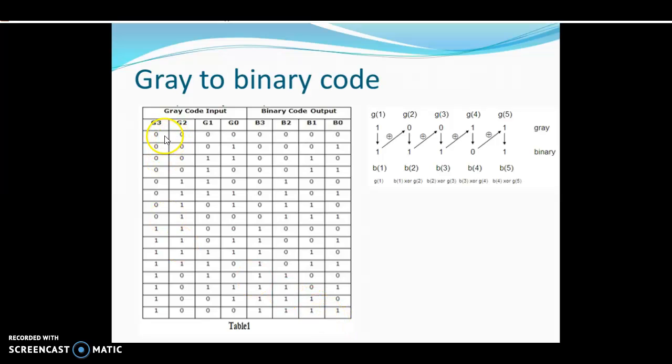Likewise, I am taking 0 as an input. 0 is taken as 0 and from the next bit onwards cross XOR function: 0 XOR 0 is 0, and next 0 XOR 0 is 0, and next 0 XOR 0 is 0. Next I am taking an input value of 3. The first bit is taken as it is, 0, and from the next bit onwards 0 XOR 0 is 0, 0 XOR 1 is 1 and next 1 XOR 1 is 0. This is the function of gray to binary code conversion.